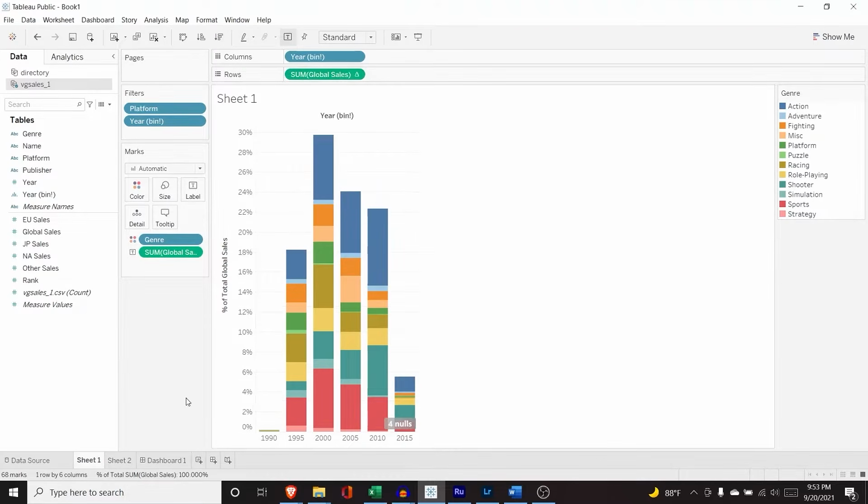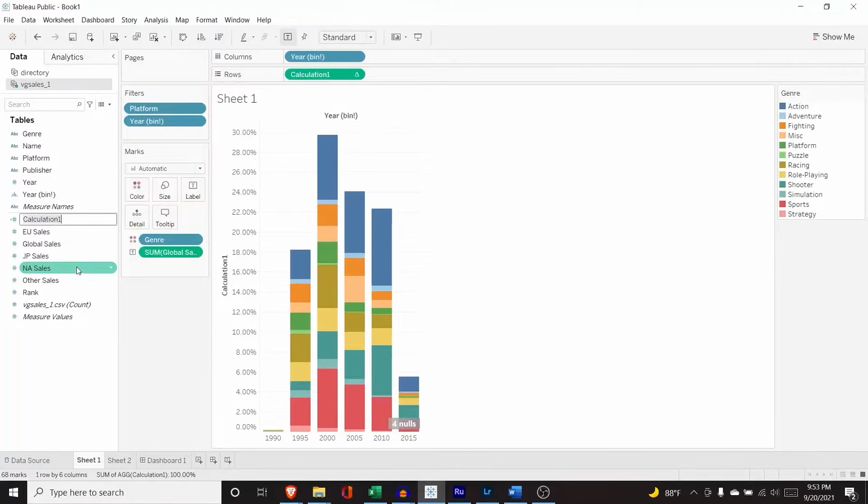And so now we have these bins, and instead of just seeing the total amount of sales that they had, we see the actual percentages based off these year ranges, which is really useful, something that you could absolutely put in some real work that you do for a client. Now, really quick, just to show you something that you can do, if you click Control and you drag this over here, you can actually save that calculation. So we can say percentage of global sales, and that actually saves it as a measure for us. So that was a quick